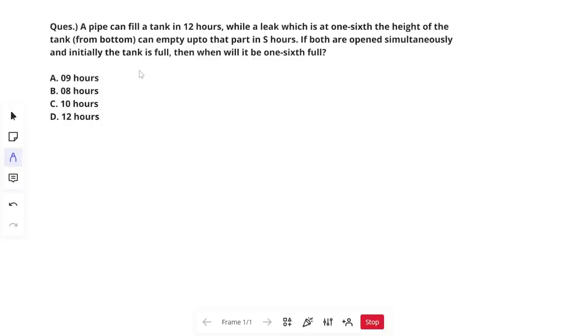So how can we solve this question is, first of all, let's understand the statement again. A pipe can fill a tank in 12 hours. This data is given. So based on this data, what we can write is filling rate is going to be 1/12 per hour. In 1 hour it will be 1/12. Next is leak is at 1/6 of the tank and can empty that part in S hours. So what can we write in that case? Emptying rate is equal to 1/S per hour,